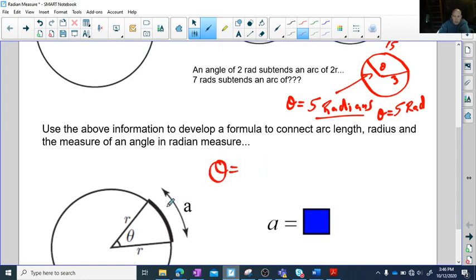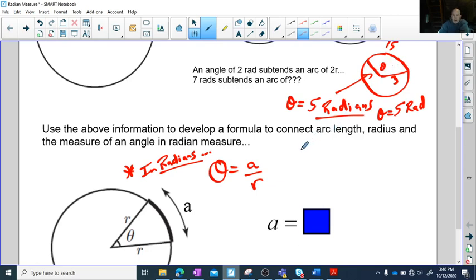So the angle of rotation in radians, now this only holds true in radians. It's a dangerous formula to show students because they say, oh, that's a neat formula, and they use it all the time, and then they end up using it in situations where it actually isn't true. It's only true in radians. If you take your arc length and divide by your radius,